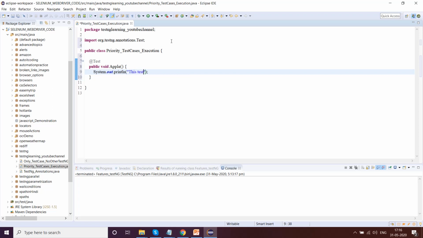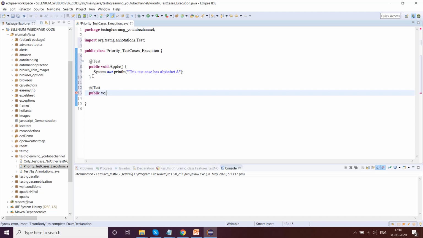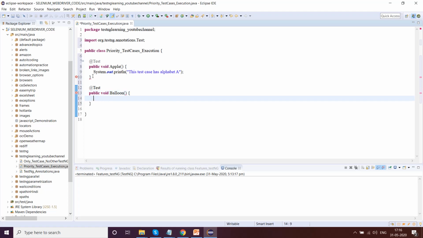This test case has alphabet A. @test public void balloon. This test case has alphabet B.